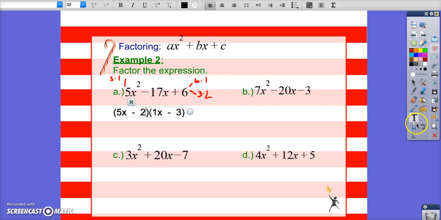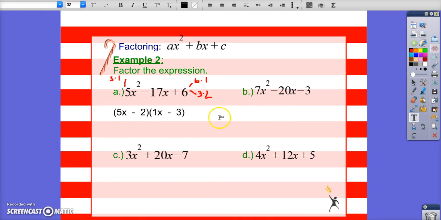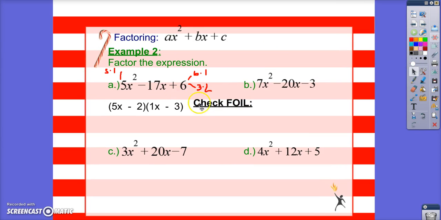Now how can I check? I could do FOIL or check OI. FOIL, if you multiply out, should obviously tell you if you're right or wrong. Check FOIL. If you see here, I'm going to slide this over to see if I don't need the F and L. If you want to do a shortcut, you could do check OI to see what happens. So let's see OI of FOIL. Outer,